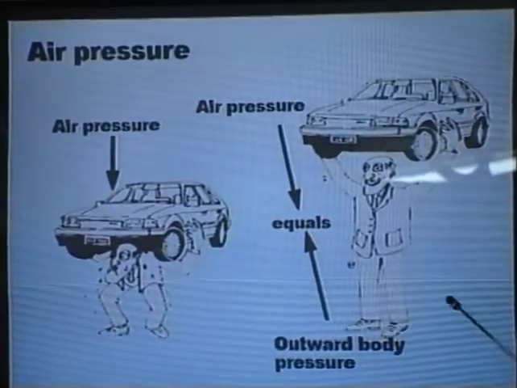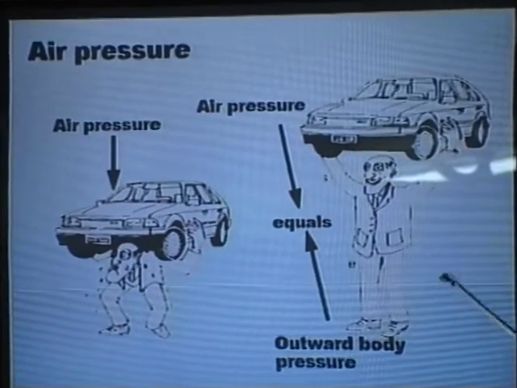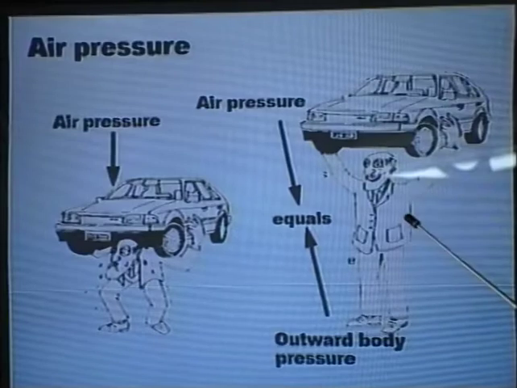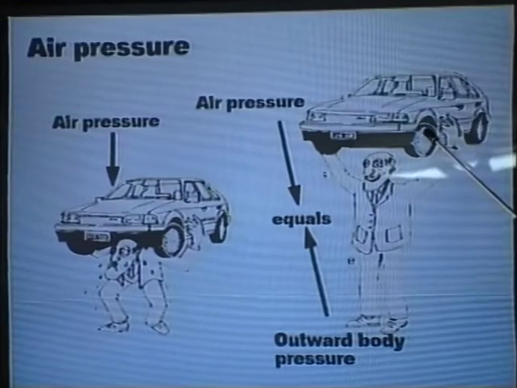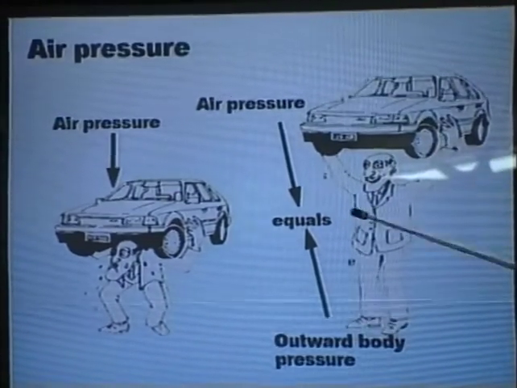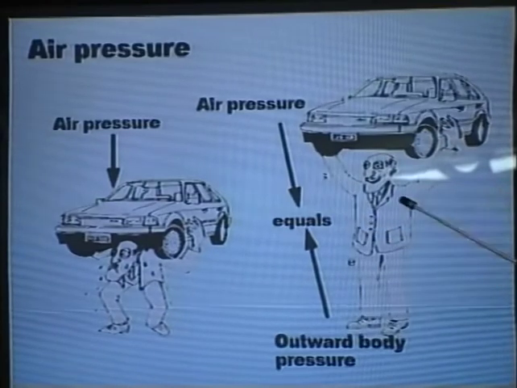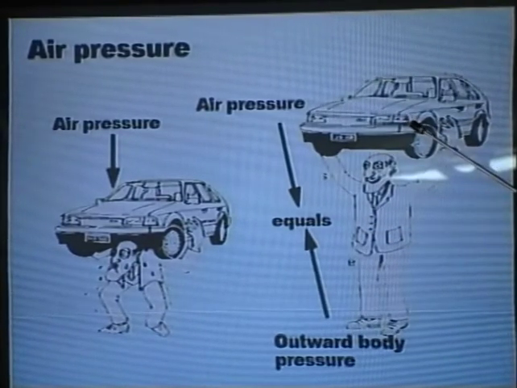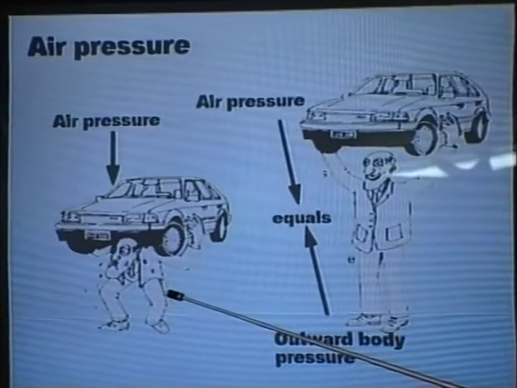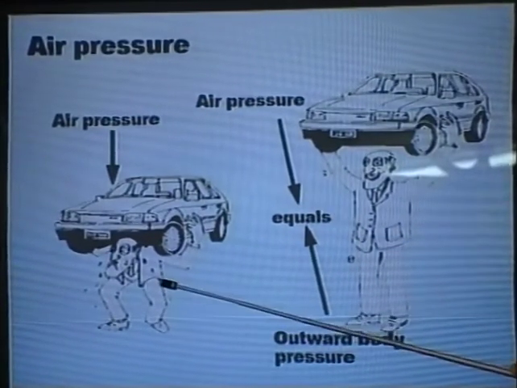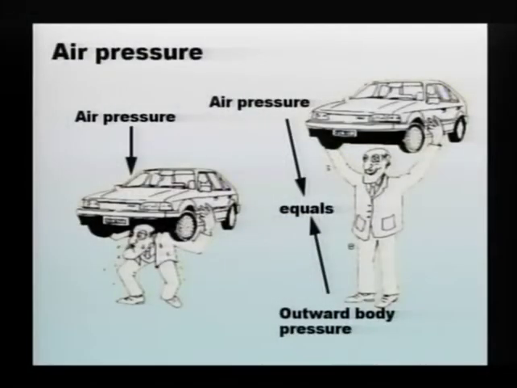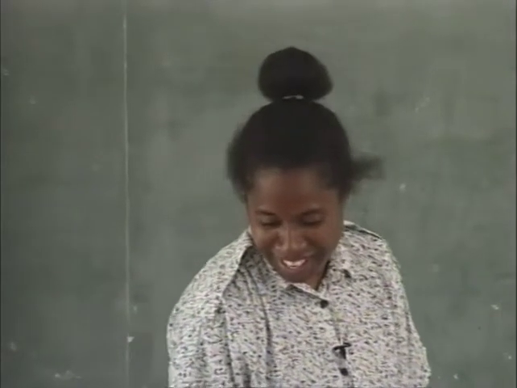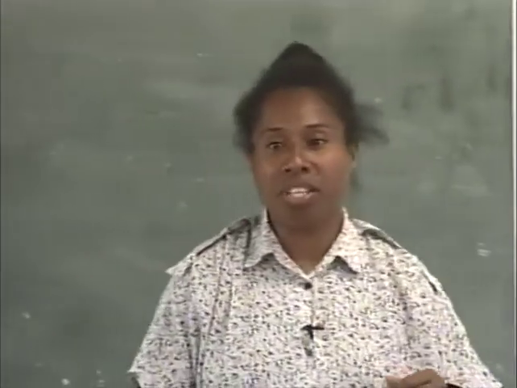But imagine, perhaps Hercules. The outward pressure of this person here is equal to the pressure of the vehicle itself or the weight of the car here. So therefore, you have equal pressure there. This person is able to lift this particular vehicle. Here, this person is not able to. Therefore, the car is maybe forcing him down. Maybe look at that as another example. You're going to try that one out? I don't think so. Okay, why do we need to study atmospheric pressure then?